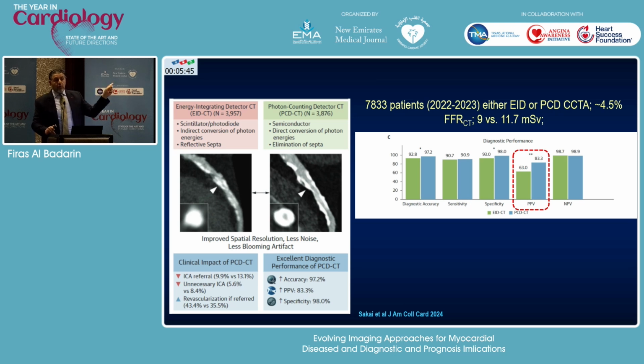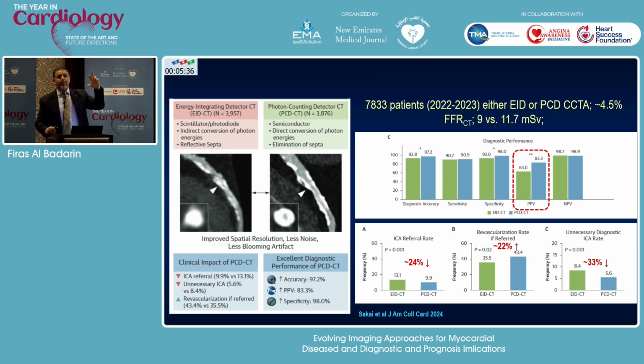So with photon counting, because the spatial resolution is substantially higher, the positive predictive value has improved. And you actually send the right patients to the cath lab. So if they have mild to moderate disease, you keep them out of the cath lab. When you send them to the cath lab, the right patients go there and receive